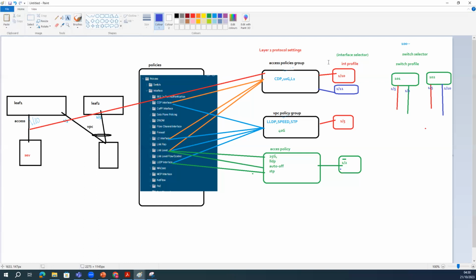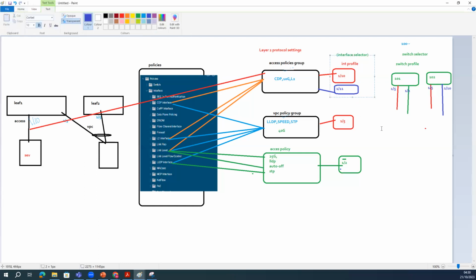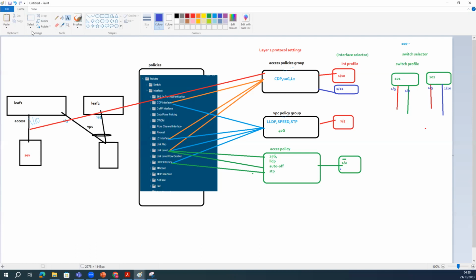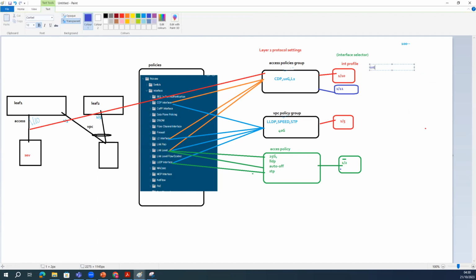You do not create the interface profile and select anywhere. As per the recommended design, you create the interface profile for the specific switches. For example, I want to create the interface profile for 101 switch. And on 101 switch, what I will do here is I will create the